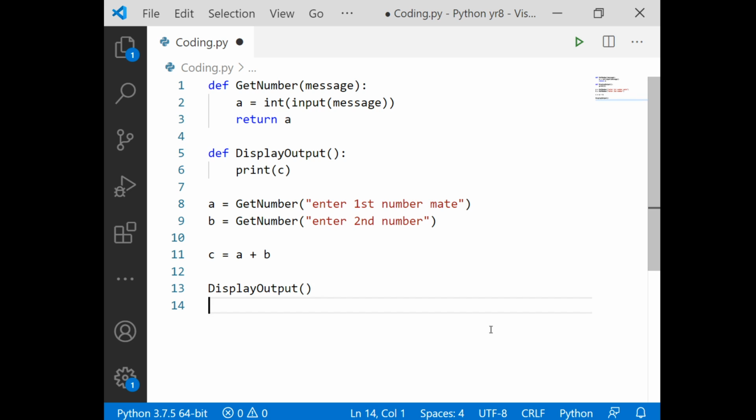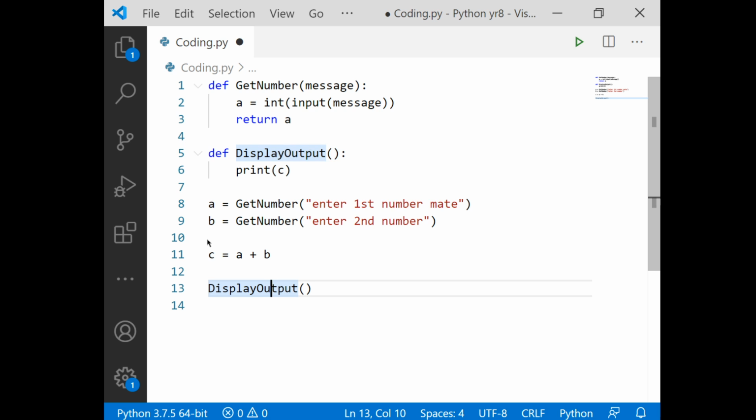One of the things you've got to get used to is looking at a piece of code and working out what it's doing. So when it gets to this line, I'm basically saying call the function display output. What's display output going to do every single time? Yeah, it can only print C. That's it.